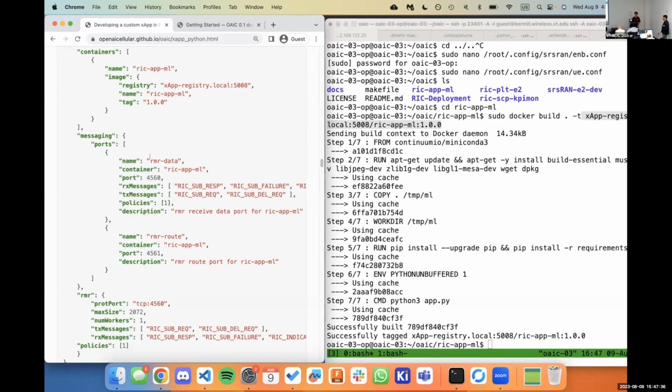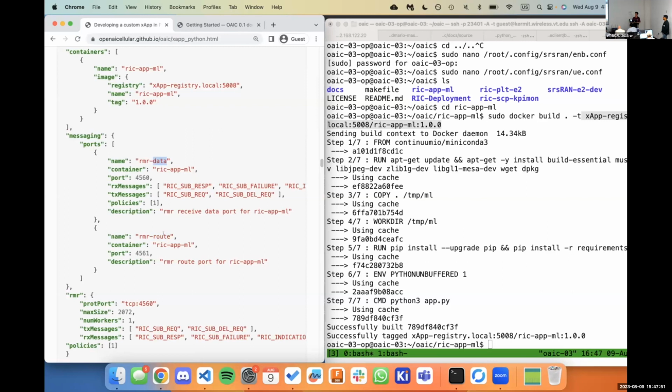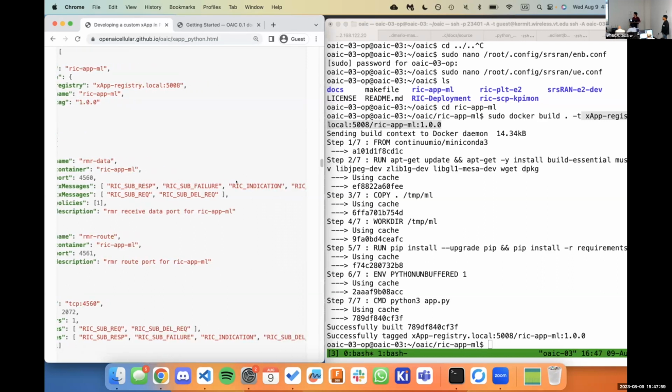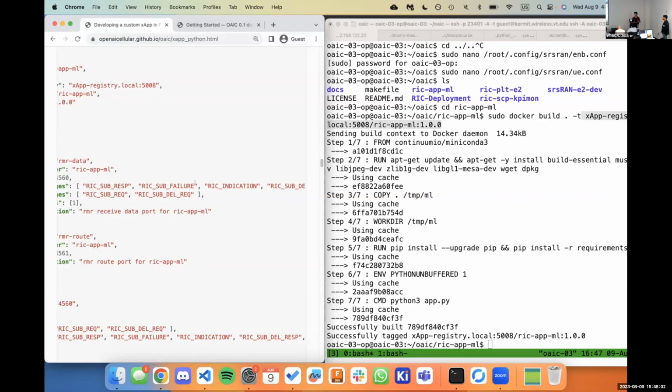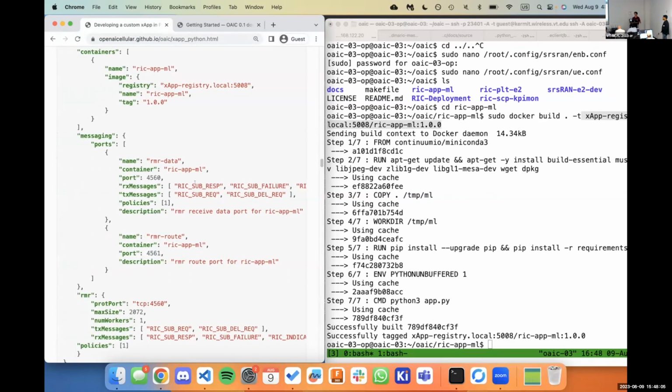So for this xApp, although we're not using them for an E2 interface, you would have this RMR data. RMR stands for the RIC Message Router, and that's how we handle E2 information generally. There's a route port and a data port. Those are the names of the two ports, and there's a list of types of messages that we can send, like failure indication, subscription request and response. Those are just the types of messages that we would see in the RIC, and we just need to explicitly specify them sometimes. So those are the ports, and that's what it would open up: